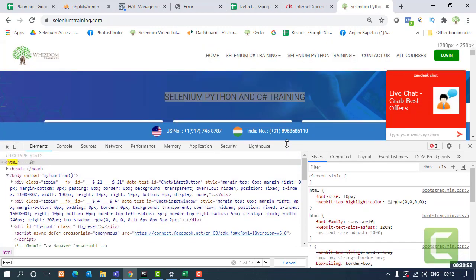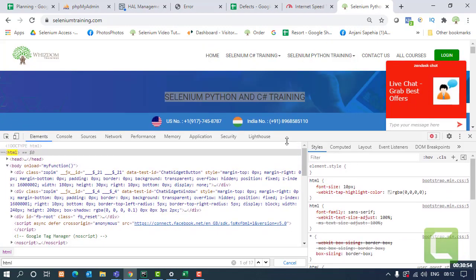Now below the HTML tag there are two main tags. One is the head tag, which has the header part, like the script functions which are introduced in between the web page. Likewise, there are things in the head tag, but we are not concerned with the head tag. Our main consideration will be in the body tag. So after this HTML tag, I have to go to the body tag.